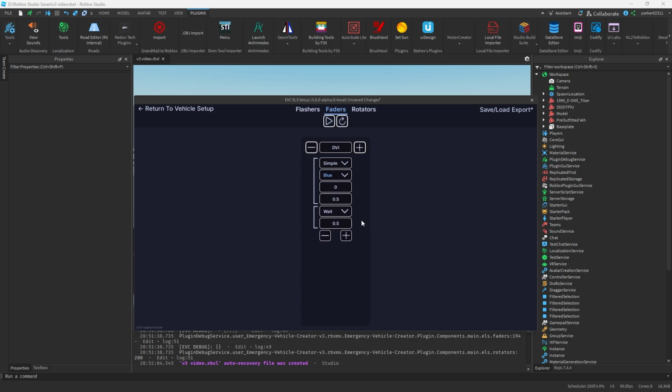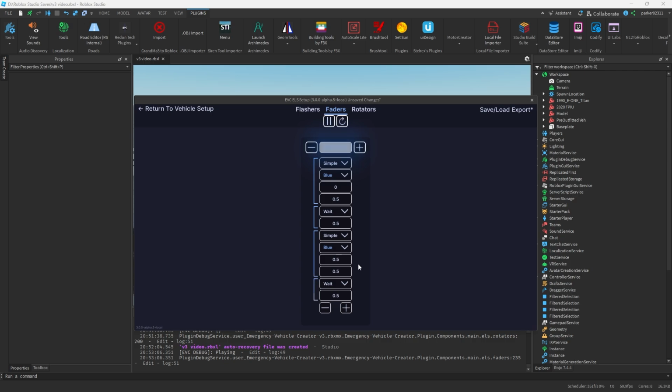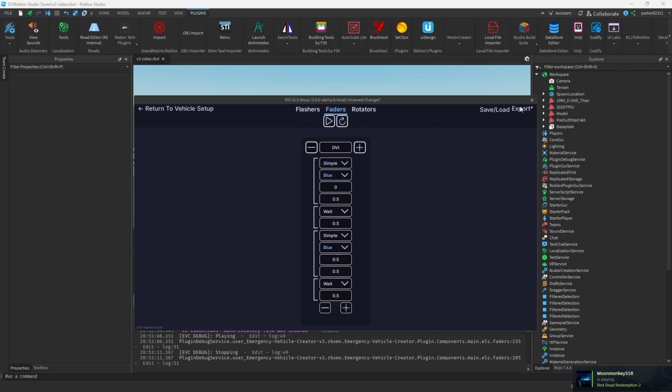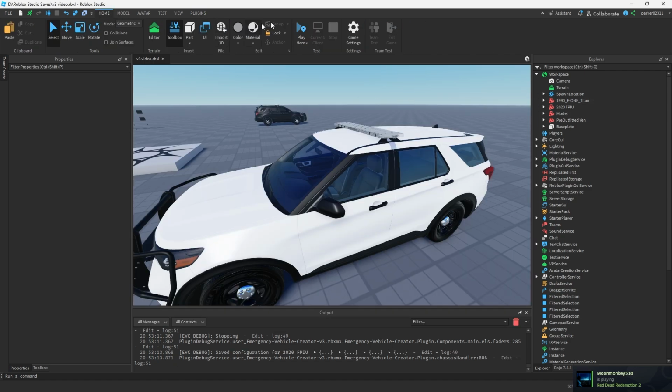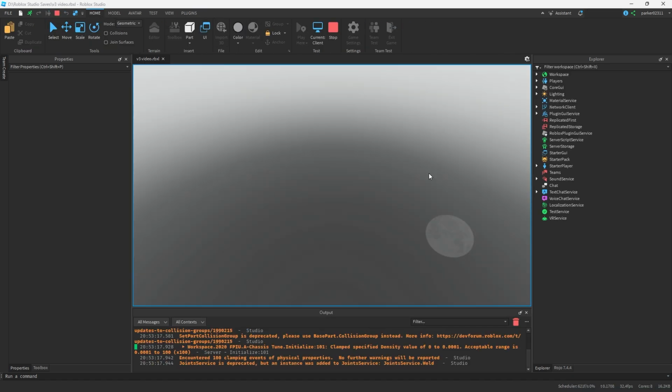I'm going to leave it at a weight, and I'm going to add a simple, a blue. I'm going to make this one transparency 0.5. I'm going to add another weight, and basically when I play, you'll get this. Just a very simple fader. I'm going to go ahead and export this onto the vehicle so I can show you it working in action. And when I hit play,